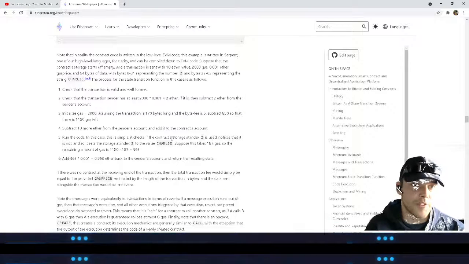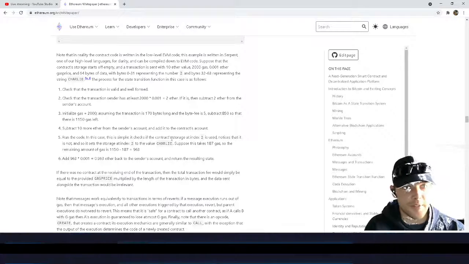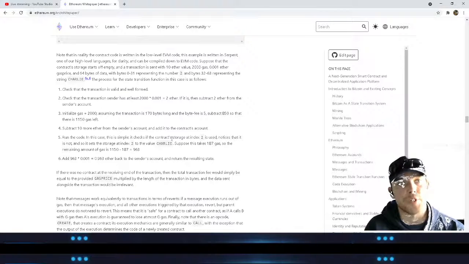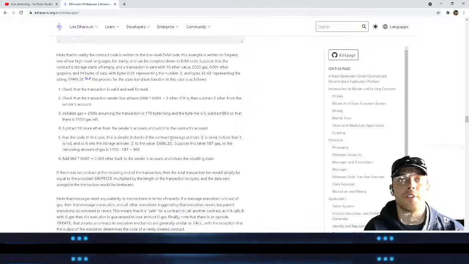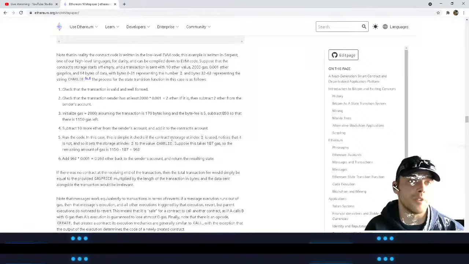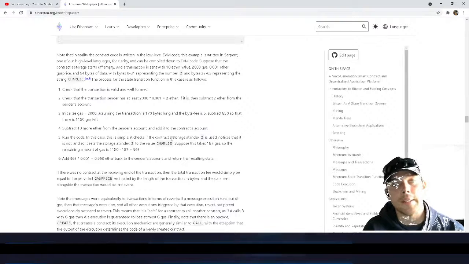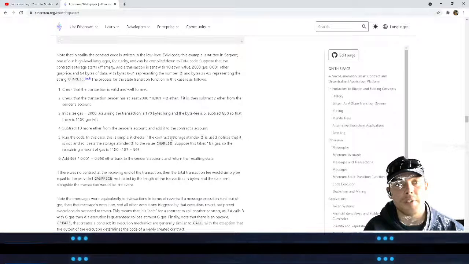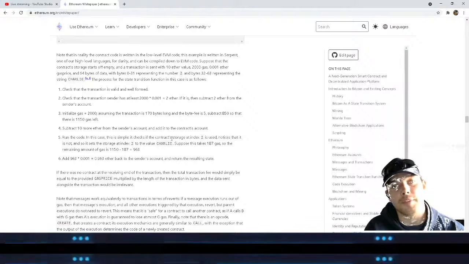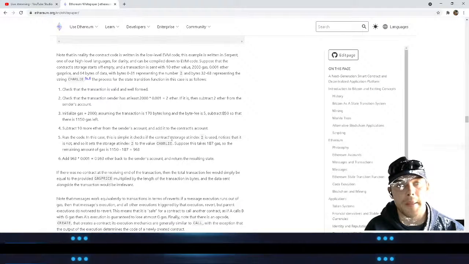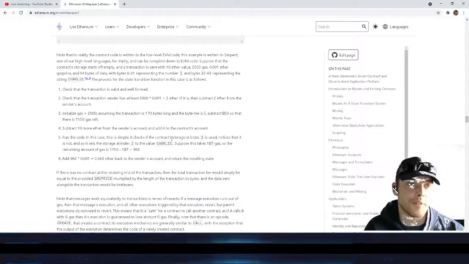The process for the state transition function in this case is as follows. Number 1, check that the transaction is valid and well formed. Number 2, check that the transaction sender has at least 2000 multiplied by 0.001 equals 2 ether. If it is, then subtract 2 ether from the sender's account. Initialize gas equals 2000. Assuming the transaction is 170 bytes long and the byte fee is 5, subtract 850 so that there is